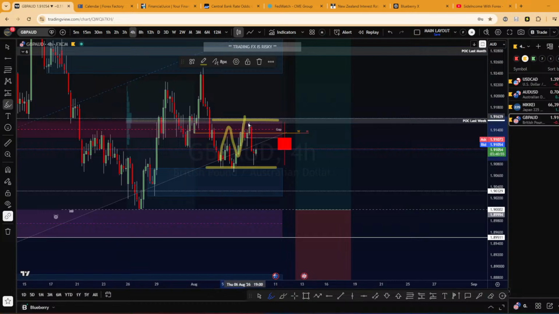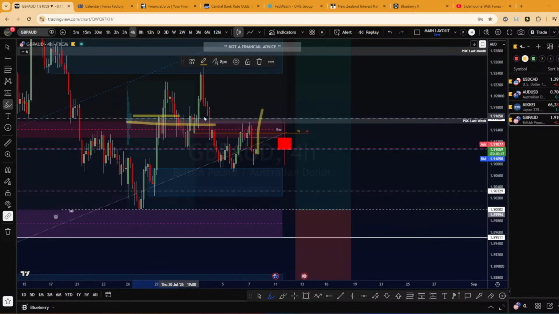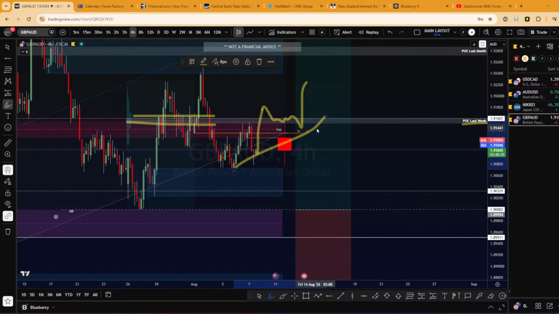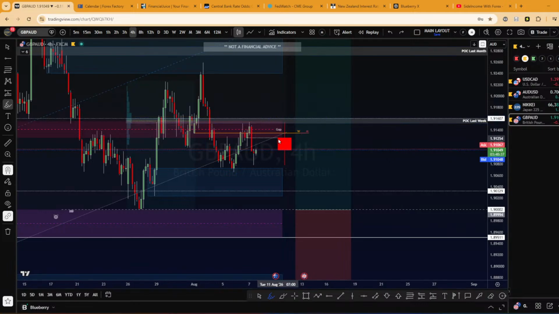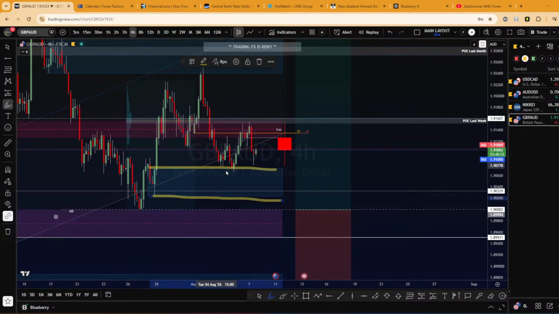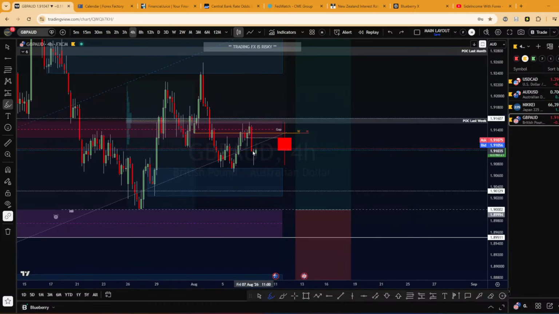Price is ranging right now, so I want to see at least a break above this point of control from last week. We break above, we hold above, and then I will be happy to buy. If not, I will stay away because this demand is holding price right now. So I have no reason to short right now, but to buy I need to break this level. It seems like NFP didn't really affect this trade, so that's why I will remove it.